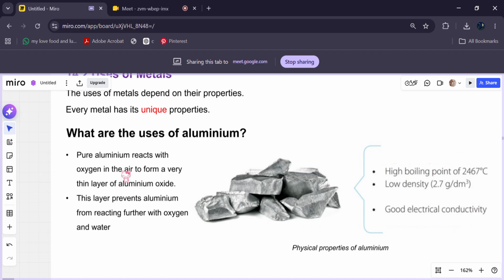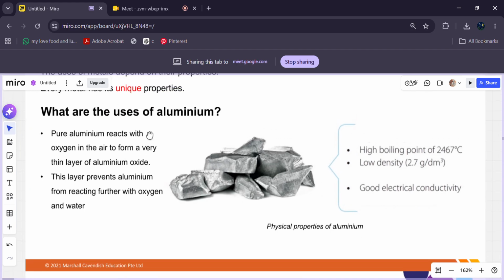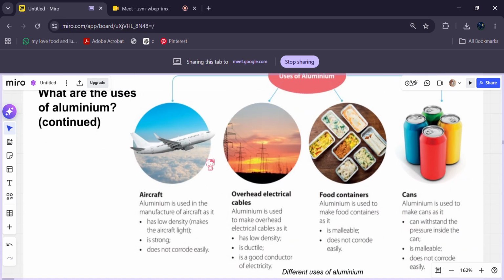Pure aluminium reacts with oxygen and air to form a thin layer of aluminium oxide, and because of this, it makes it harder for aluminium to rust or corrode. So this makes it popular in many uses, such as using to create cans and food containers. There are main uses of aluminium: aircraft, overhead electrical cables, and food containers and cans, as I said. Why do we use aluminium to create